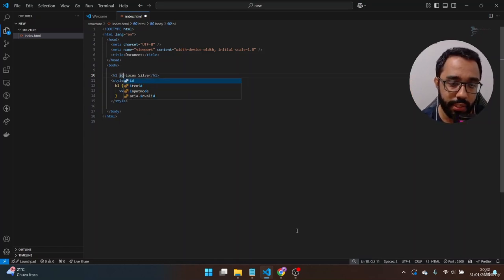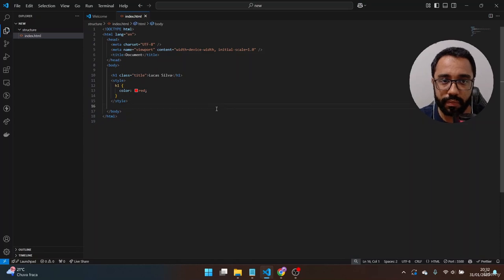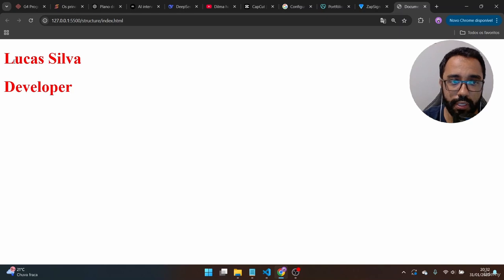The ID is a unique identifier that I can put inside of this HTML tag and call in the CSS, so I can style only this one here, or I can use the class name and put a class name like, let me call this one title, right? And how can I style this through the class? And why should I use that? Let me create another H1 with developer here, right? And let me save and return to the screen. I have here the name and the